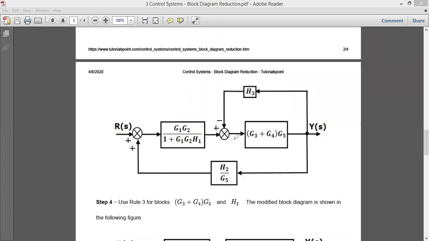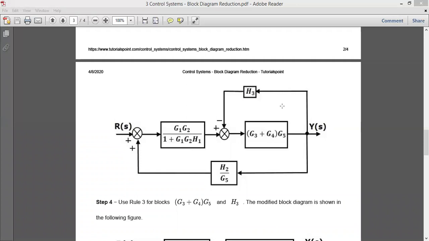What is rule number three? Rule number three is to check for any kind of feedback. Yes, I do have feedback. So where is the feedback? This is the first feedback, and this is the second feedback. You can see the arrow mark is going towards the summing point, so you can represent it as a feedback. So let us see this small feedback. The normal feedback operation transfer function is the ratio of G of s divided by 1 plus G of s into H of s.